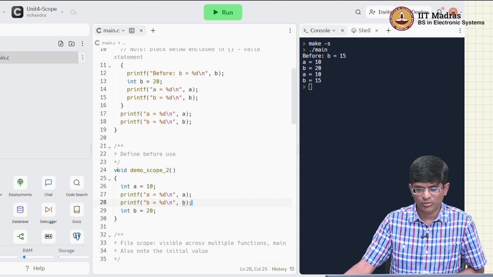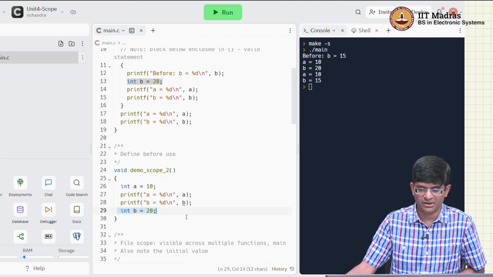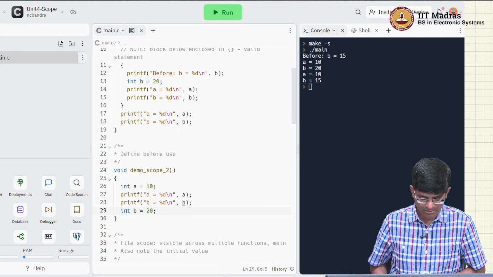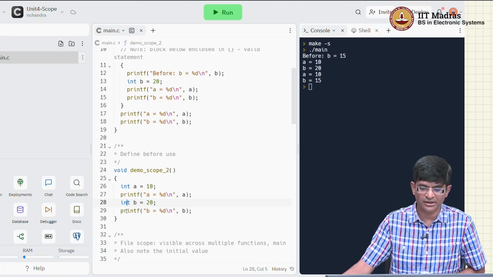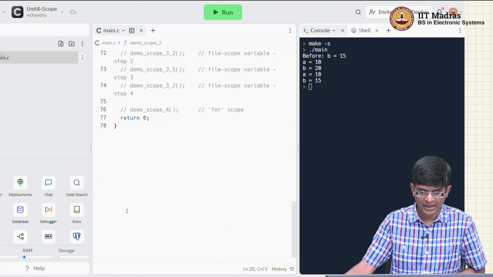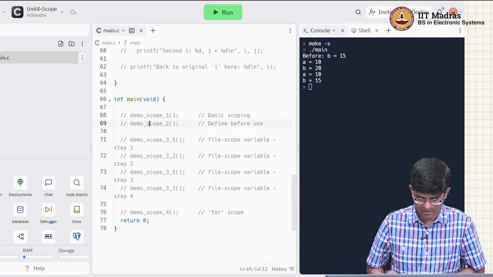Now this second demonstration that I wanted to show was actually just a concept of something called define before use, right, where I have these two printf statements, one of which prints out the value of a and the other prints out the value of b, but b is declared only after the printf statement. Now it does not even allow me to proceed beyond that, right. The only thing I can do is basically give up at this point, because it says that I have not even declared b. If I move this up, right, that error goes away and I can indeed run the code,